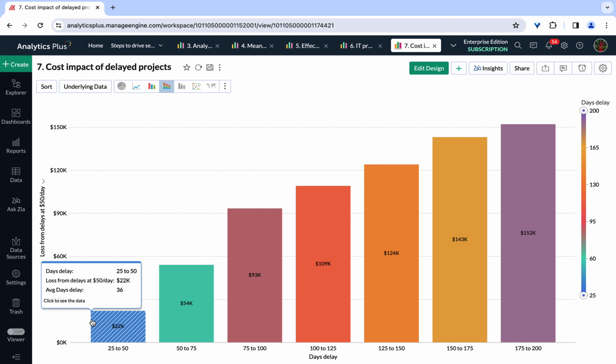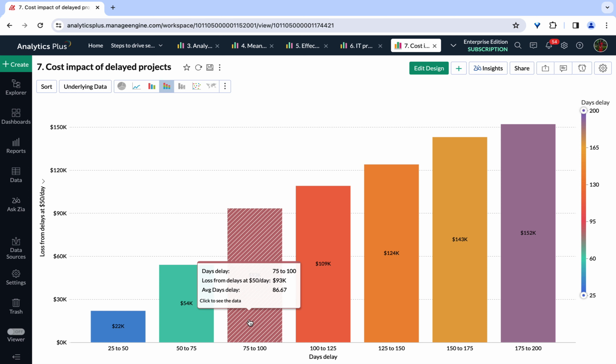So this quickly allows me to uncover the impact inefficient project implementations has on the organization's IT budget. This visualization categorizes the number of delays into ranges and calculates the corresponding budget wastage as a result of sustained project delays. For example, you can see here that on an average of about 87 days of project delay